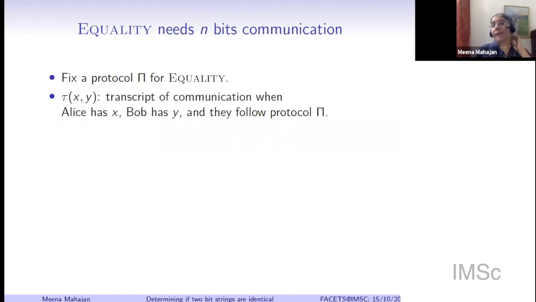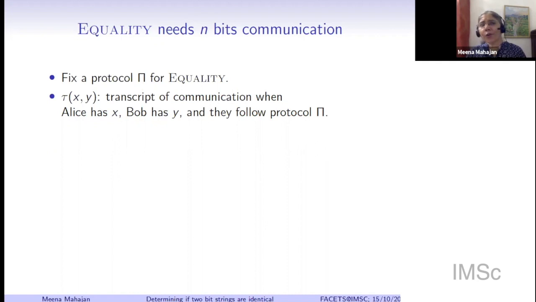For each input xy that this protocol has, there is what we can talk about as a transcript of communication. The transcript of the communication is the bits that go back and forth. So imagine a third person. There is Alice in one place, there's Bob in another place, and Carol is sitting somewhere else and watching the bits going back and forth. Maybe she's also seeing the direction of the movement, but forget the direction. Just the bits. What are the bits which are appearing on this channel? That sequence of bits is the transcript. So I'm calling that tau. Tau on input xy is the transcript of communication when Alice has input x, Bob has input y, and they are following this protocol pi.